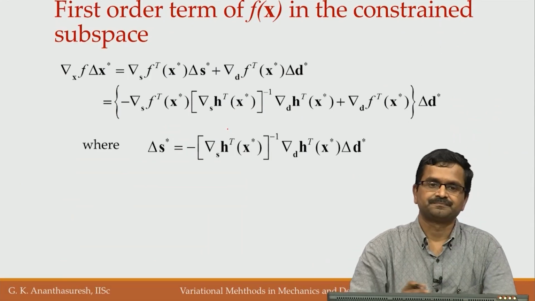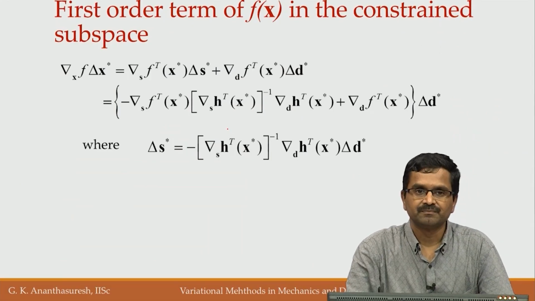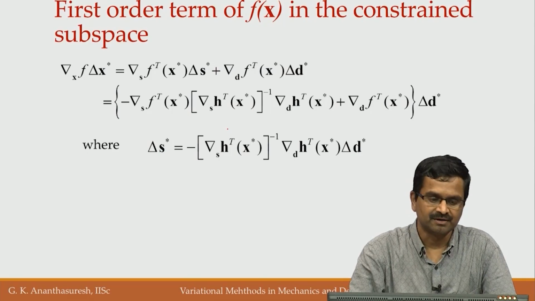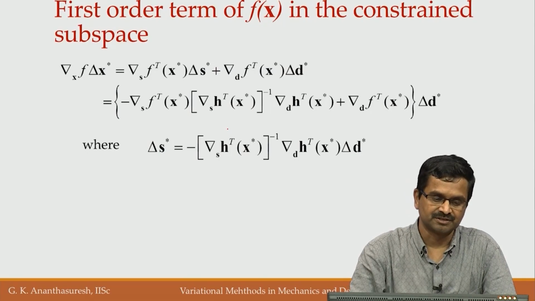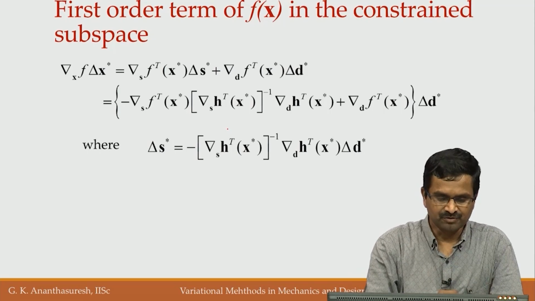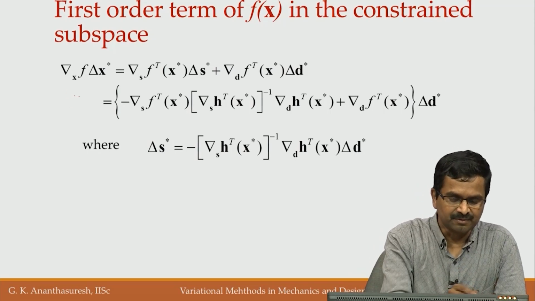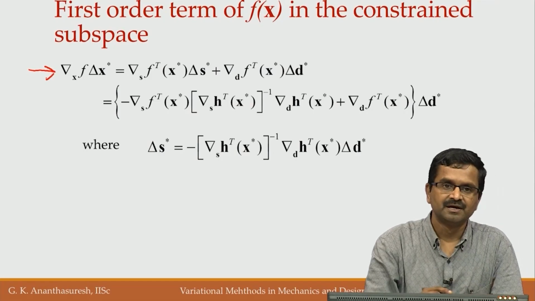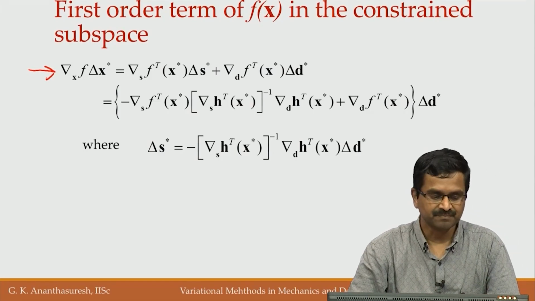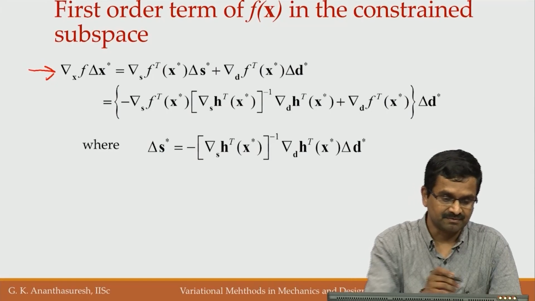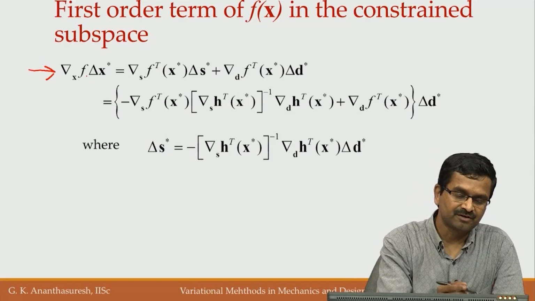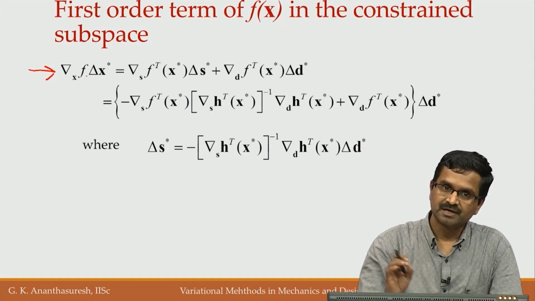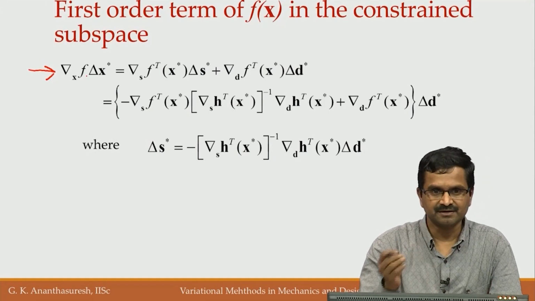which means that when we perturb and look at this term, which is what we are seeing here on this slide for the objective function. Okay. So, we have to consider the first order perturbation, which is this first order term in the expansion of the function, delta f, that is gradient of f multiplied by perturbation delta x star,